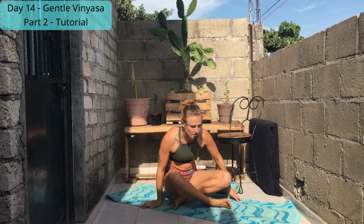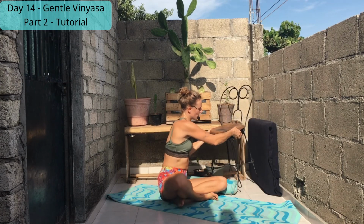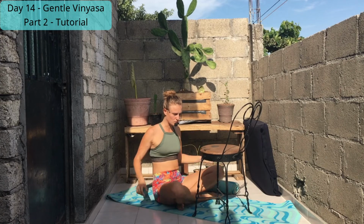Hi and welcome to the tutorial section of this video. So today we're looking at the 3 yin poses we just did in our class. The supported forward fold, supported wide-legged forward fold, and the supported fish pose. And I'll give you a couple of modifications because I think it's very important to make them really comfortable, really nice and comfortable. So the first thing, if those forward folds are hard for you, what you could always do,